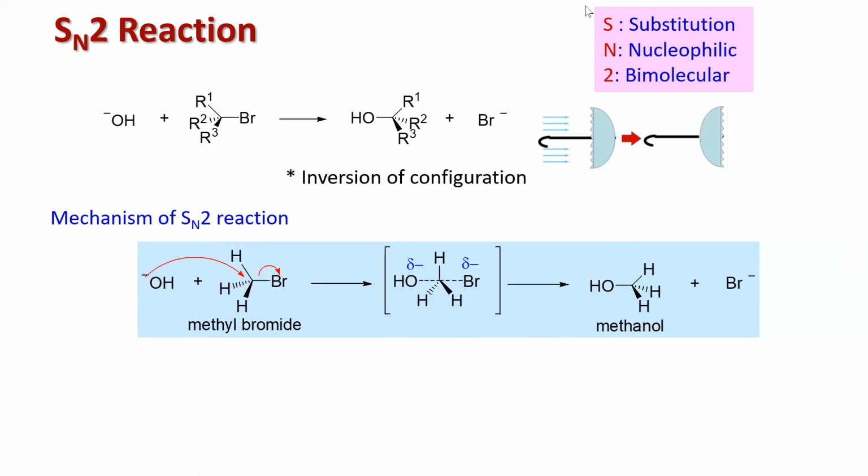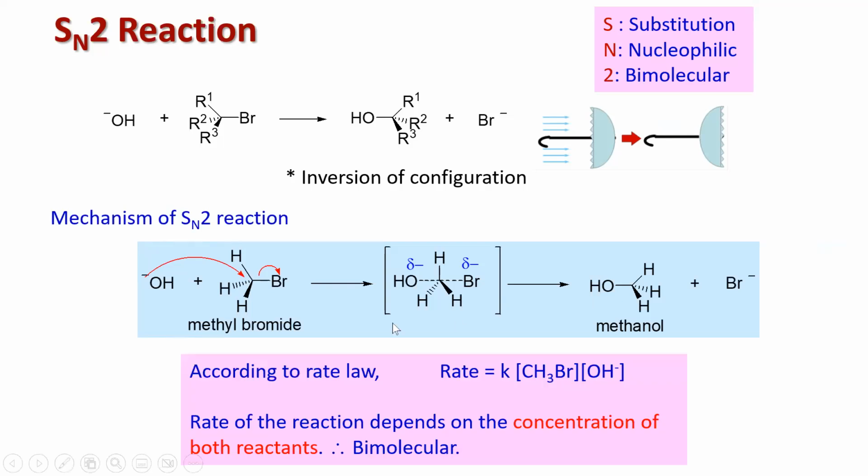Now SN2, you know by now what these letters denote. S is for substitution, N is for nucleophilic, 2 is bimolecular. So SN2 means nucleophilic bimolecular substitution. Why is it called bimolecular? Right? Now you can see here, if you write this